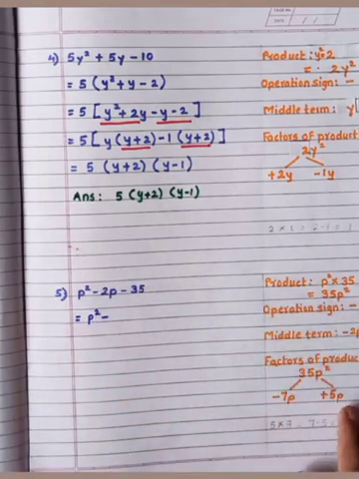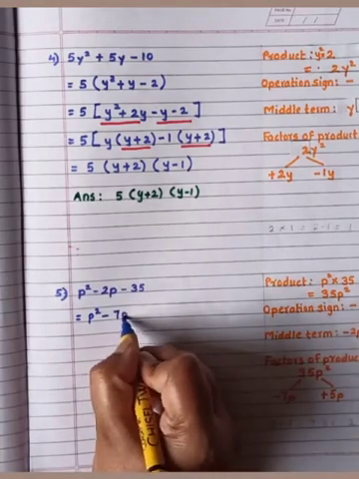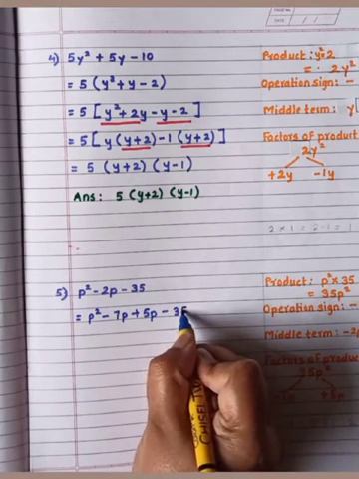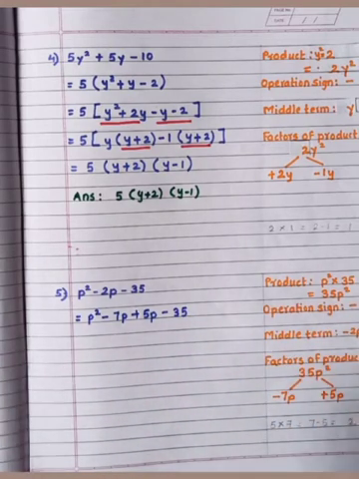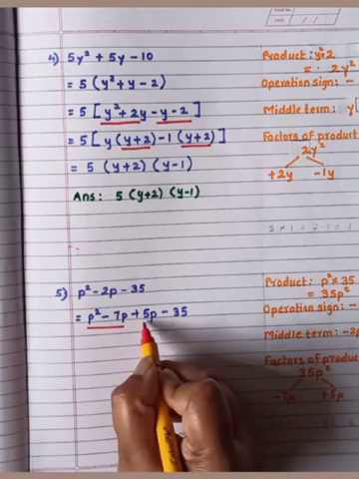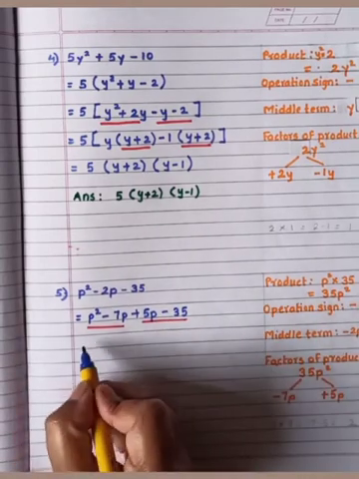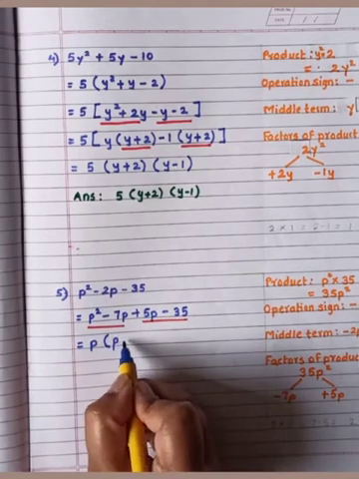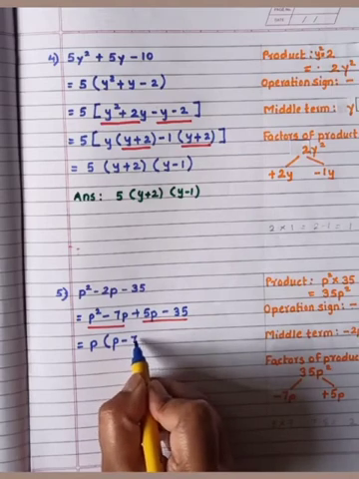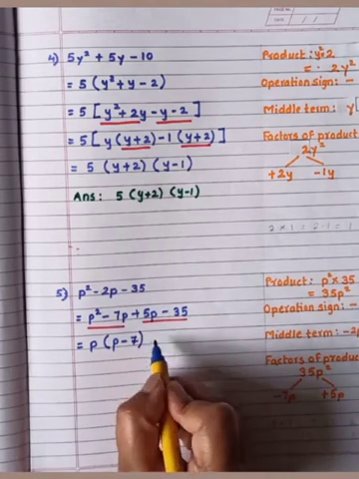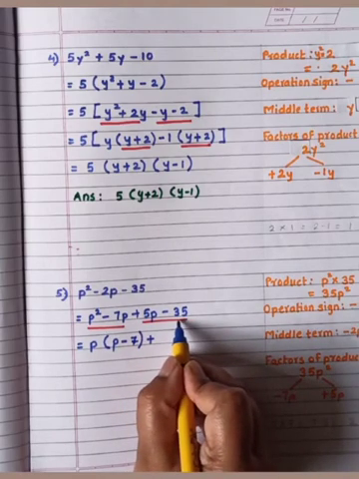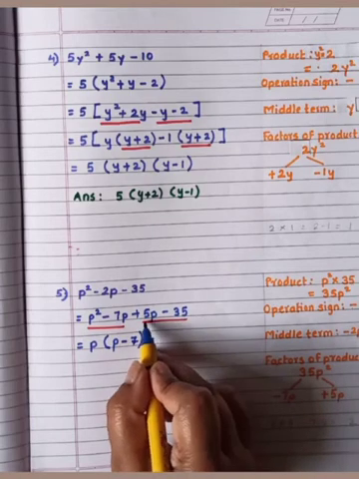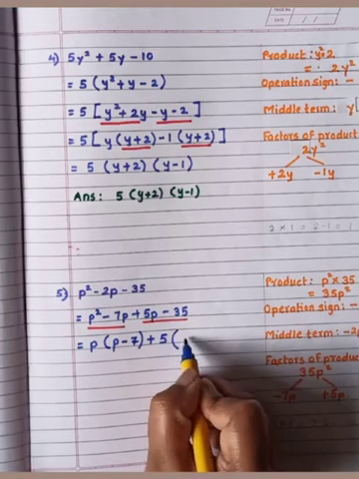Instead of middle term, we are going to write down factors that are minus 7p plus 5p minus 35. Now we got 4 terms. So we will make a pair of 2 terms. Okay. From first pair, p will come common inside the bracket. From p square, p left. Minus from 7p, 7 will left. Now plus sign. From second pair, 5 from the later term nothing common. So from number term, 5 will come as a common inside the bracket.